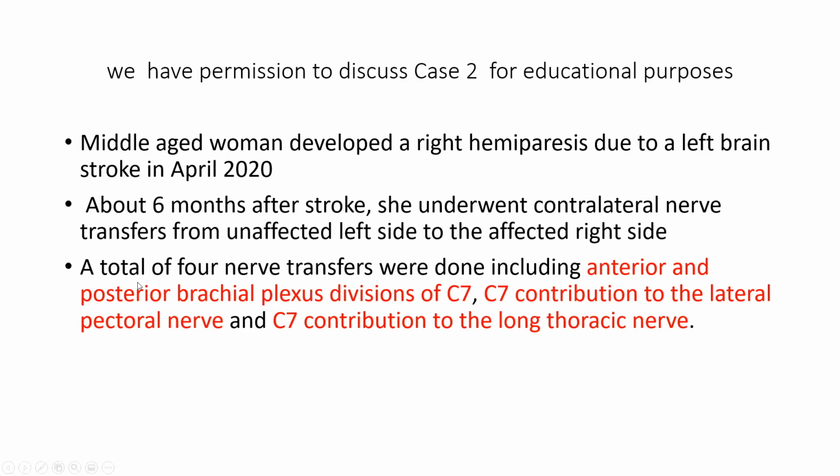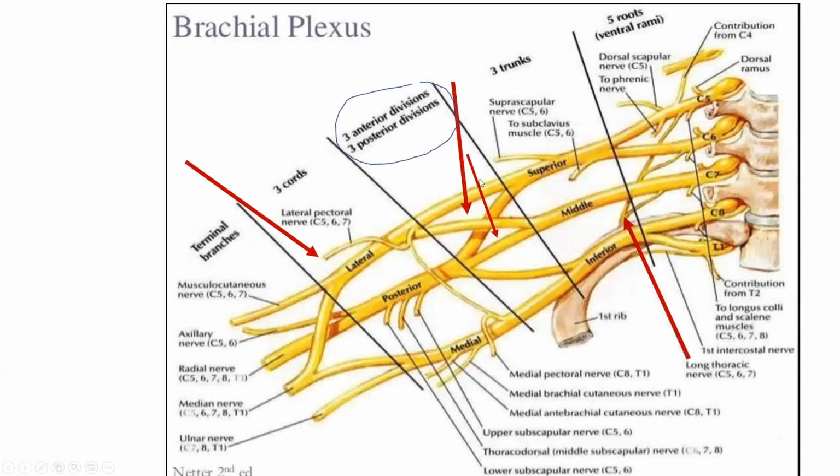In this situation, the surgeons did a total of 4 nerve transfers, including anterior and posterior brachial plexus divisions of C7, and the C7 contribution to the lateral pectoral nerve, and the C7 contribution to the long thoracic nerve. So here are the anterior and posterior divisions, and they eventually feed into the posterior cord, and the posterior cord goes downstream, becomes the radial nerve, and that innervates the triceps, the wrist extensors, and the finger extensors, and also some finger flexors as well. And then they also did a transfer for the lateral pectoral nerve out here, and also for the long thoracic